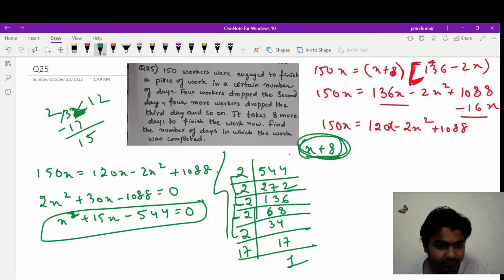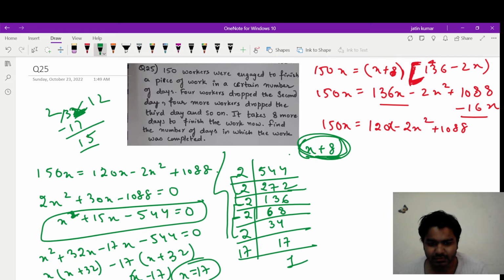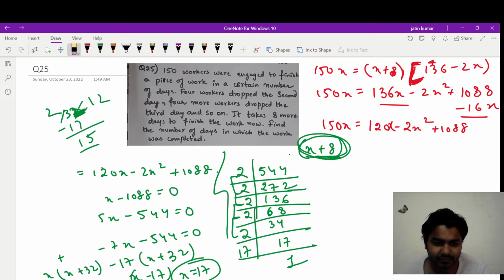this will become 2 minus 1, 15, yes. So x square plus 32x minus 17x minus 544 is equal to 0. x plus 32 minus 17 x plus 32, right, and we have to neglect minus 32 because days cannot be in negative, so x is equal to 17, so 17 days they need to complete the work and they are taking 8 more days now, so 17 plus 8 will be 25,